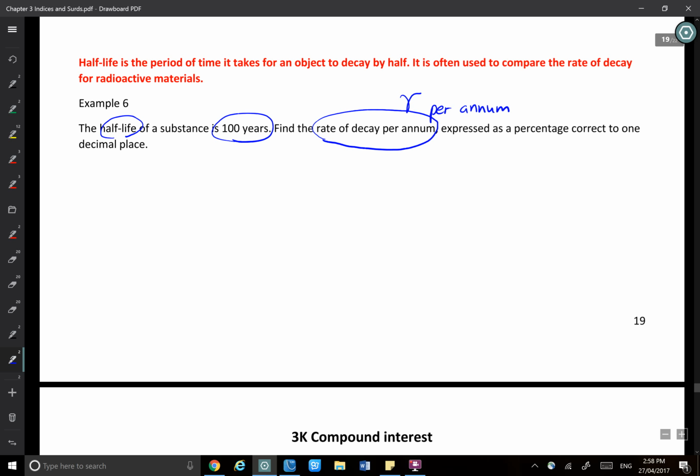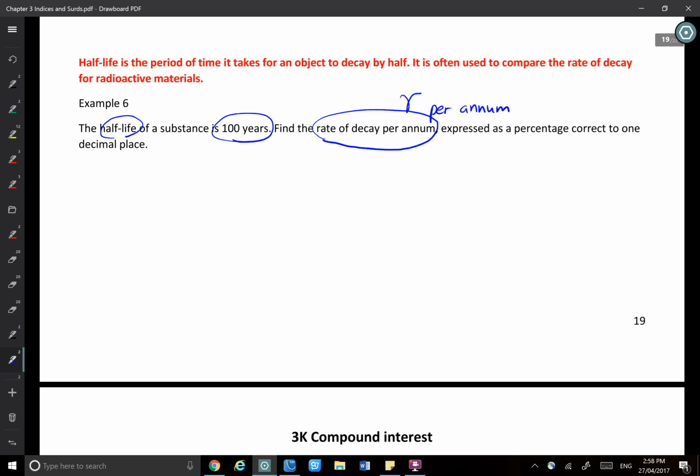Okay, after you read this question, you will feel like it doesn't tell me anything. It's just 100 is the only number I can see in this question, and it asked me to use 100 to find the rate. It seems quite impossible. But let's write